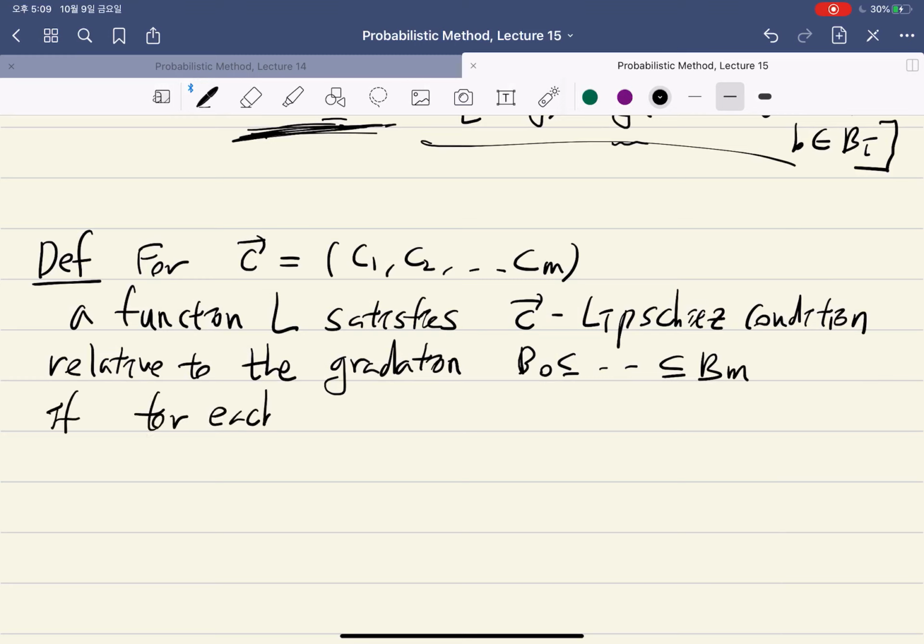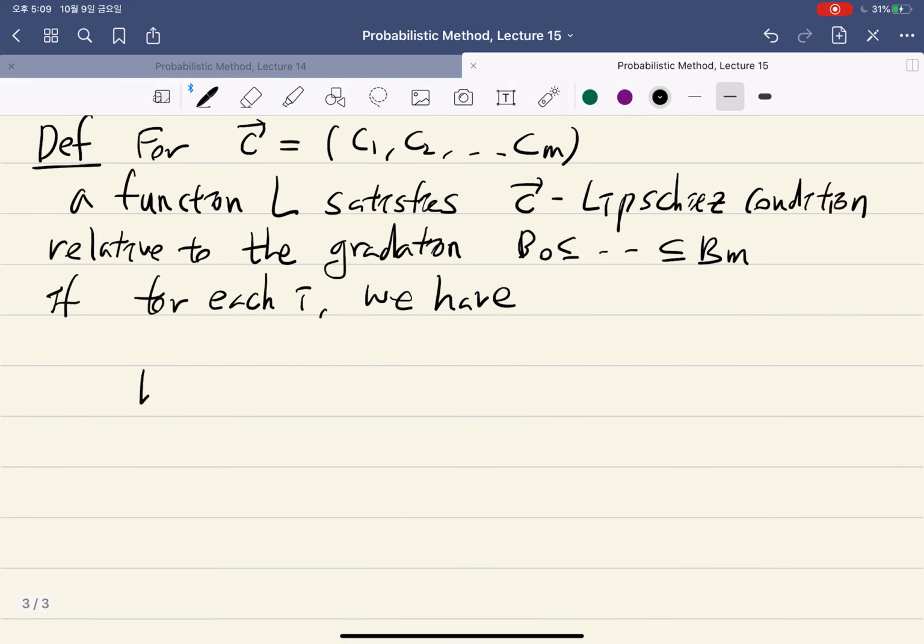For each i, we have that if h and h prime differ only on B_{i+1} minus B_i,